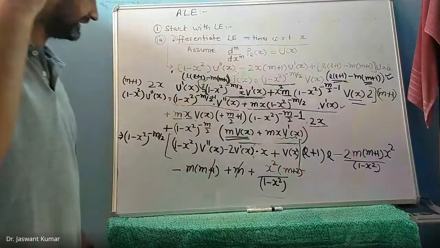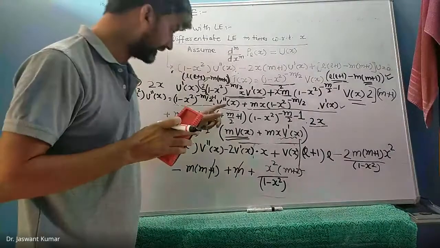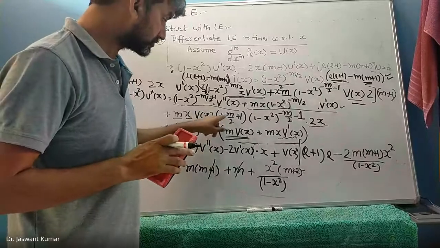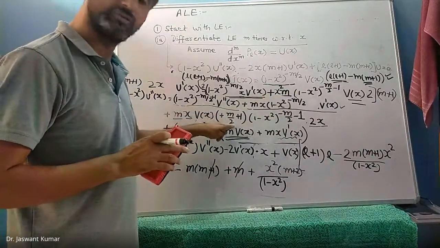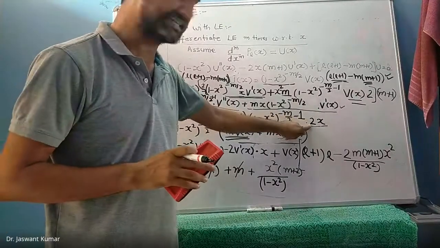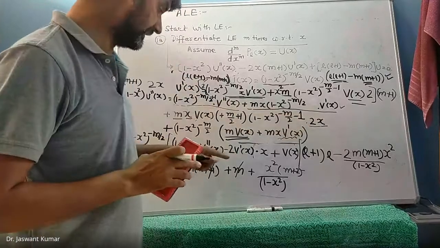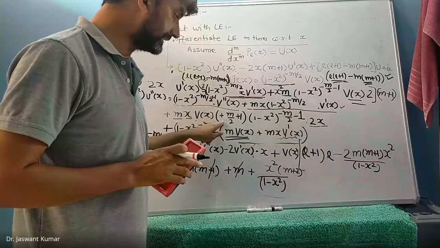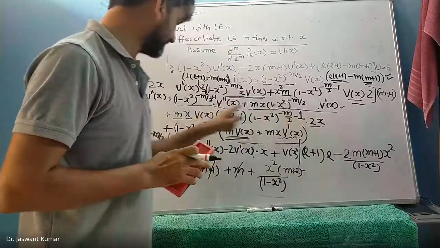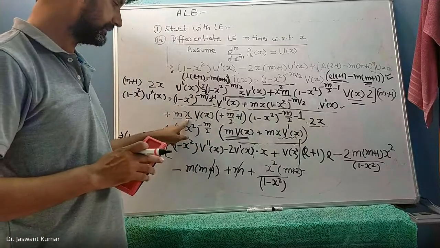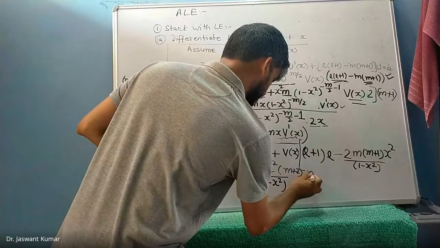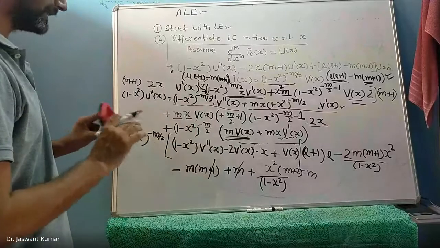Okay, please get into your head what I just said. What I just said was that this term was m by 2 plus 1. So I take the LCM as 2. I write it as m plus 2 whole divided by 2. And then that whole divided by 2 cancels this 2 in the 2x. So that 2 is gone with this 2. The term that remains here is m plus 2. So this m plus 2 is taken, this x is taken, this x is taken. And then what remains is this m. And now I think we have exhausted all the terms.